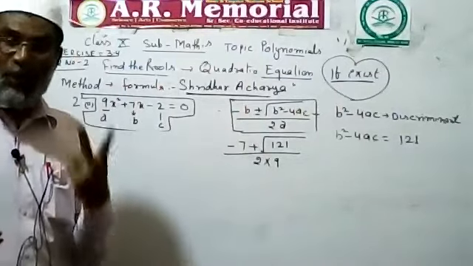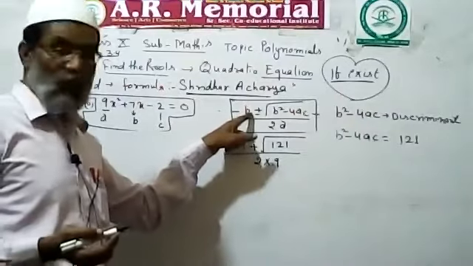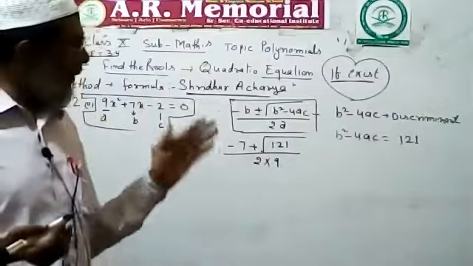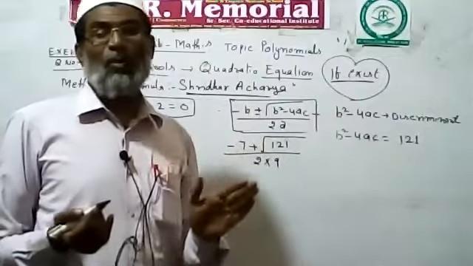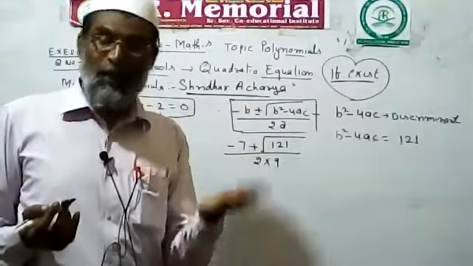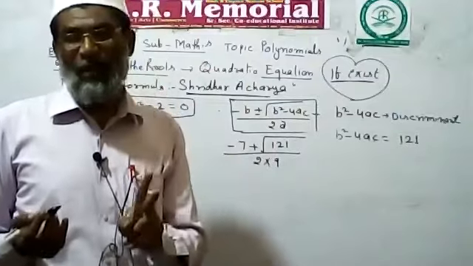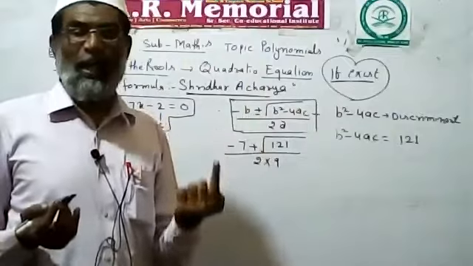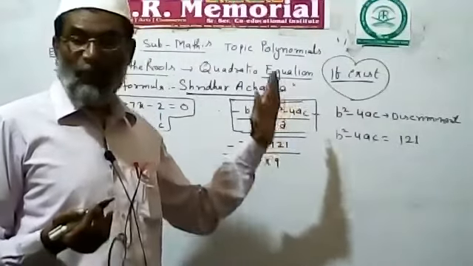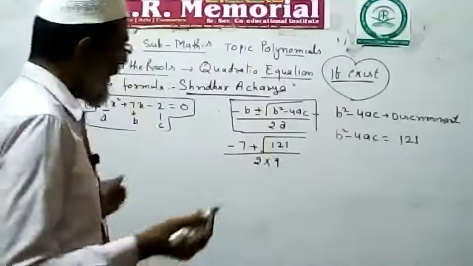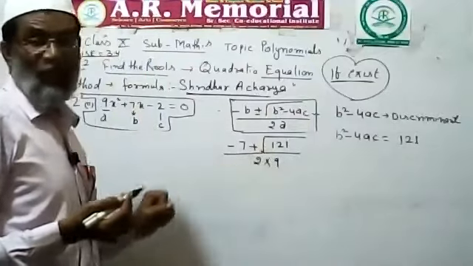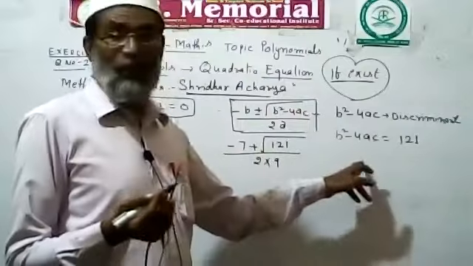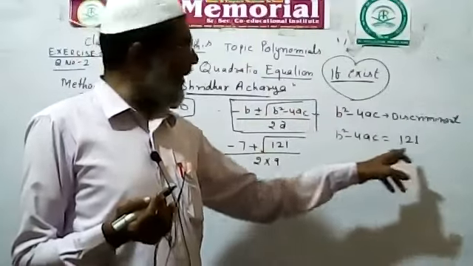We will solve 2 times. One time we will take positive and one time we will take negative. Sir, why? Because the answer of an under root is considered positive and negative both. So we also do this formula 2 times. One time inside I will take the positive, one time I will take the negative. Sir, how did you get to 121? My students, just in front of you I am solving this b square, and so I get this.